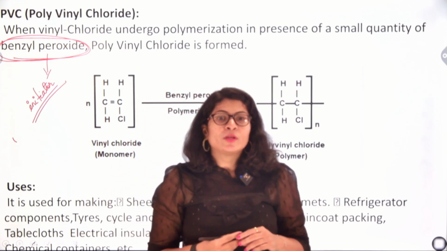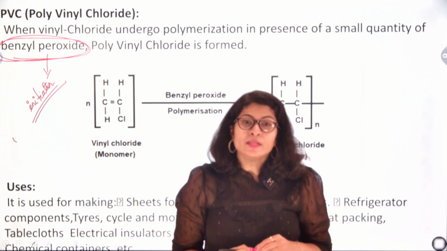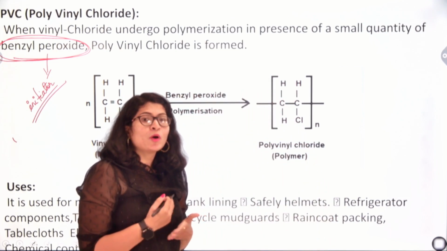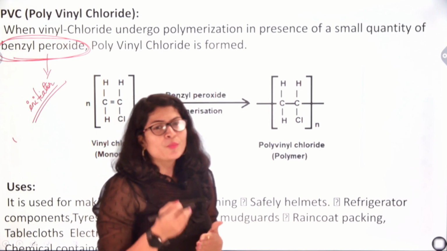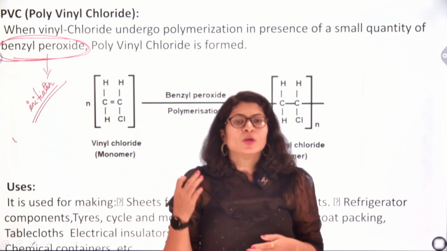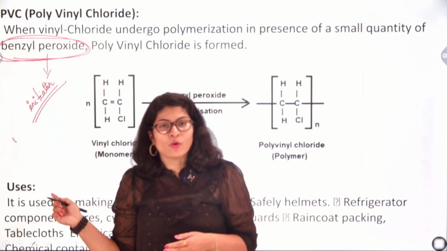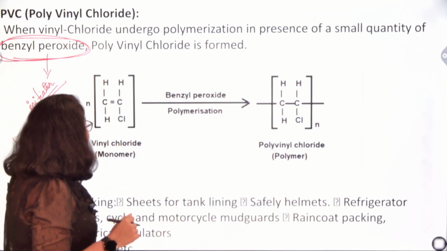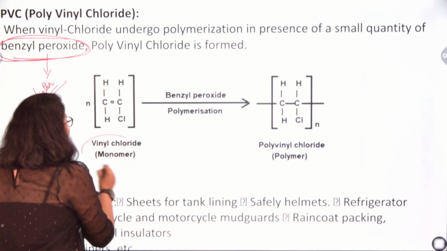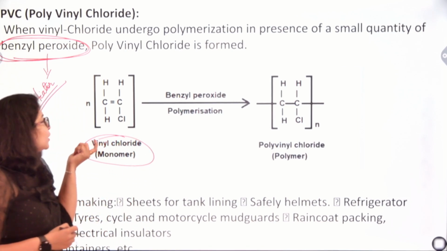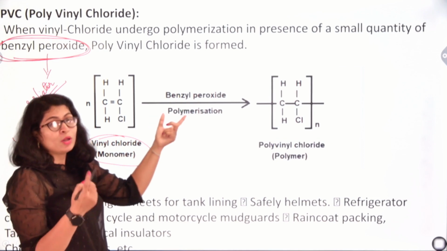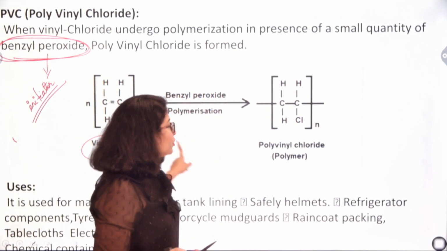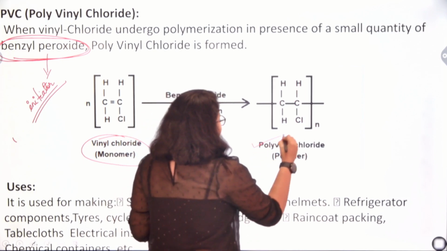So when vinyl chloride undergoes polymerization in the presence of a small quantity of benzoyl peroxide, polyvinyl chloride is formed, right? So I hope you can see the reaction where n number of vinyl chloride, which is the monomer, are polymerized in the presence of benzoyl peroxide to form PVC,